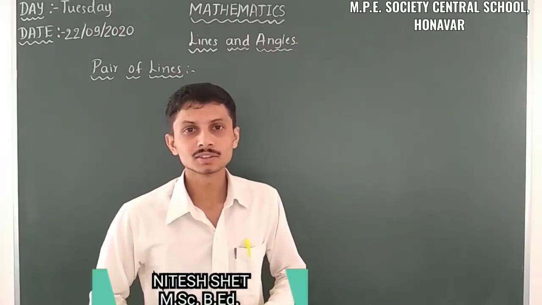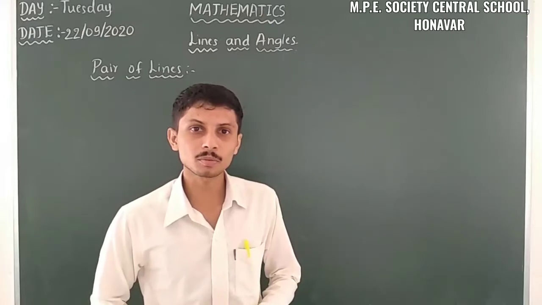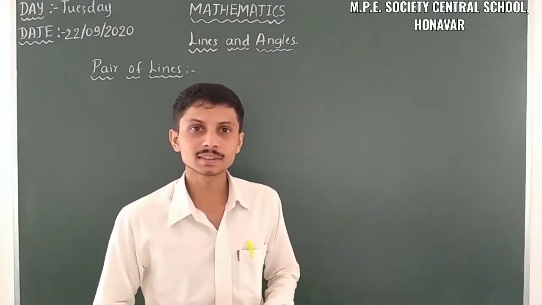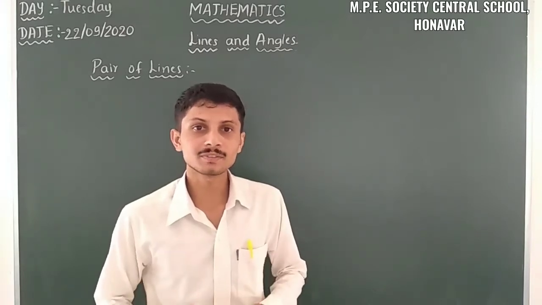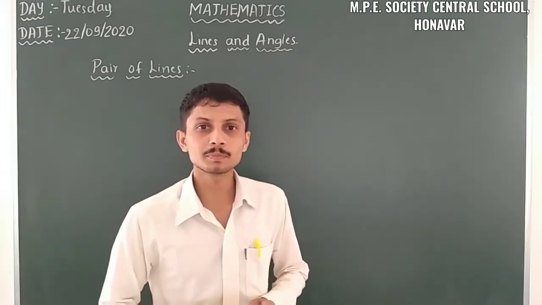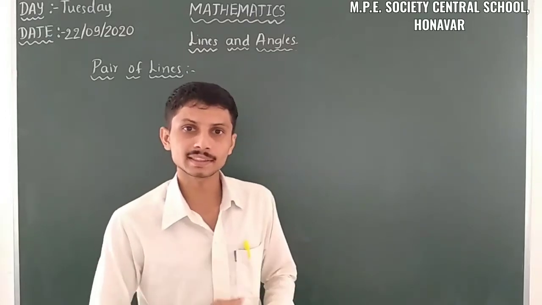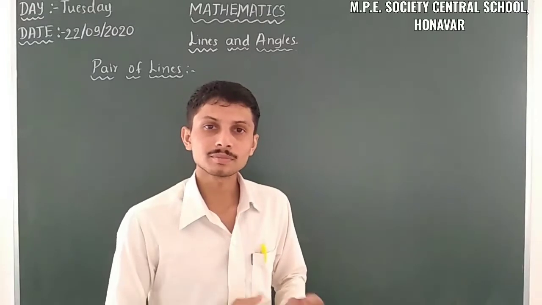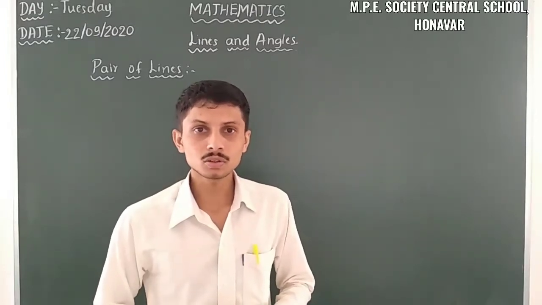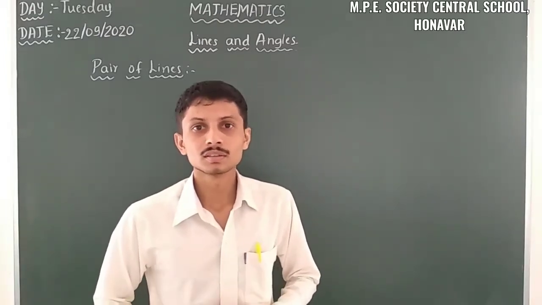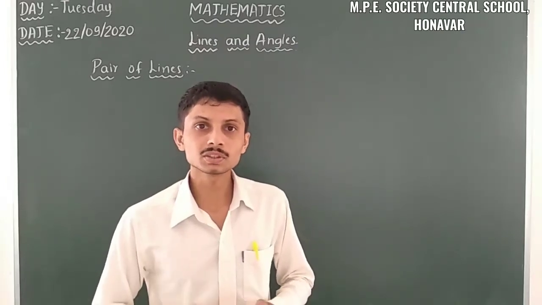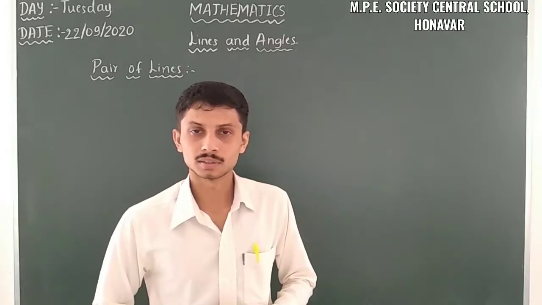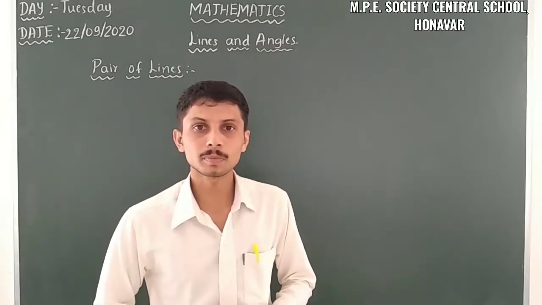I am from Mannara. Last class we discussed a topic from 9th standard, that is lines and angles. In lines and angles we already discussed lines, angles and pair of lines. In pair of lines we already discussed axioms, theorems and some problems based on theorems and axioms. So let us move on to some more problems based on axiom 6.1, 6.2 and theorem 6.1. Let us take one by one.